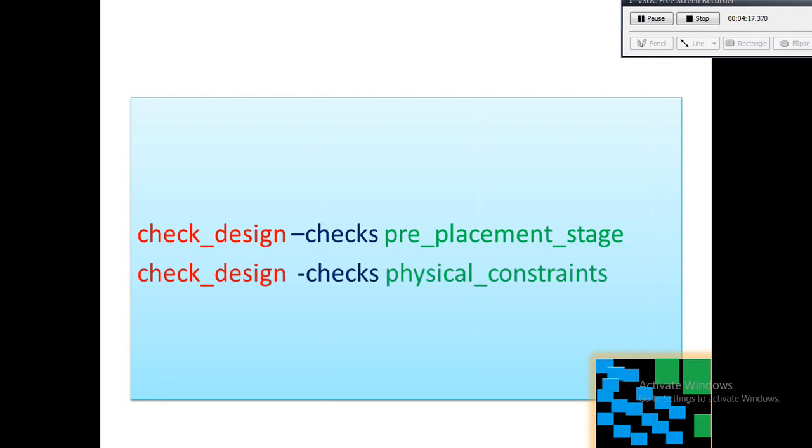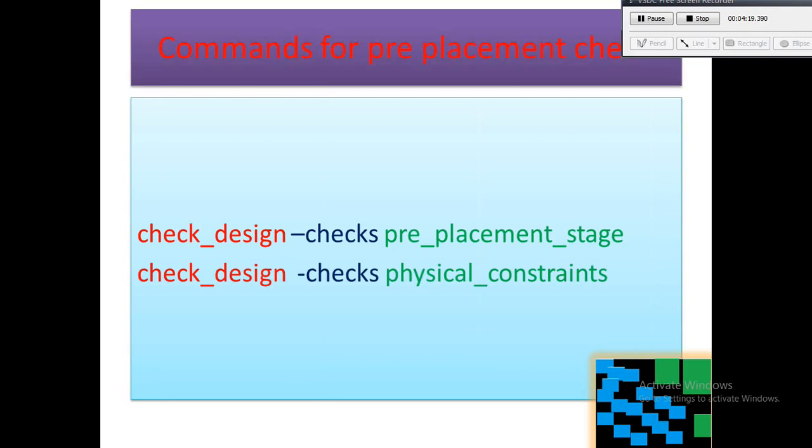The command is check_design -checks pre_placement. This command writes the error, warning, and info messages generated by running checks on the design. This command has no dependency on scenario-specific information.